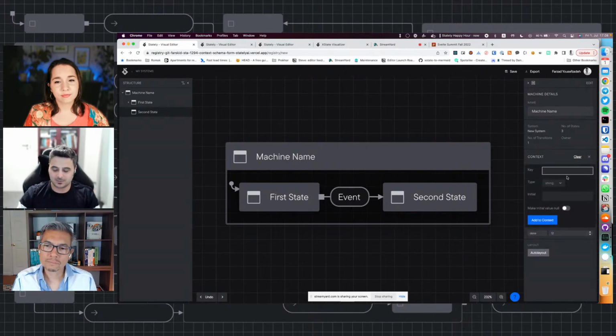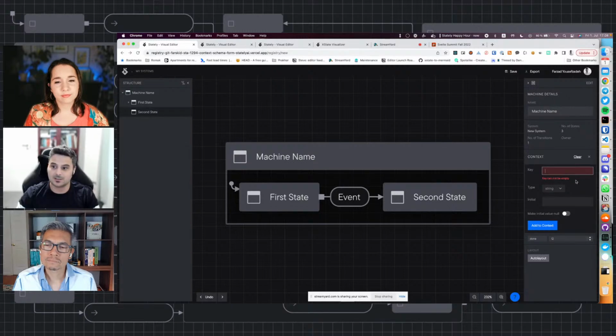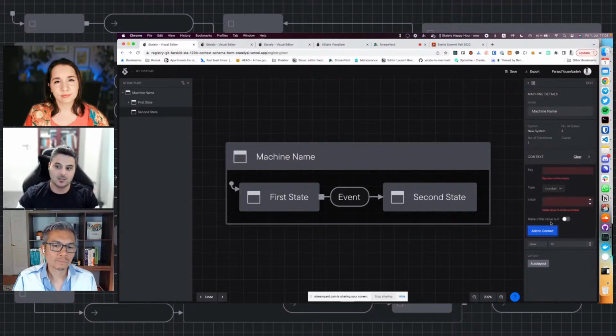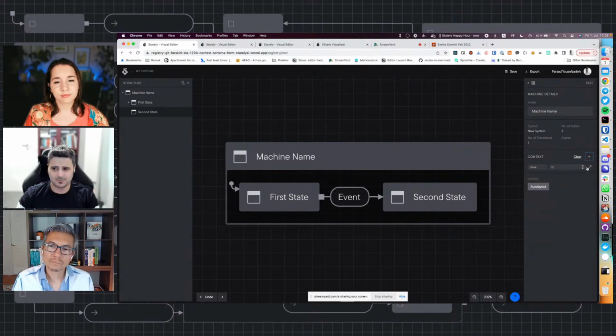There's a bunch of validation happening, for example, but basically you can't add any empty keys because it wouldn't make sense to have an empty key in the context object, or you can't have a mismatch between the type that you choose here for the value and the value that you actually provide for the initial value. Say you have a number and you just leave it empty without assigning it a null, we would validate that this is not valid anymore. You would, of course, have the same sort of validations when you're editing the context as well, and every context value can be removed too.